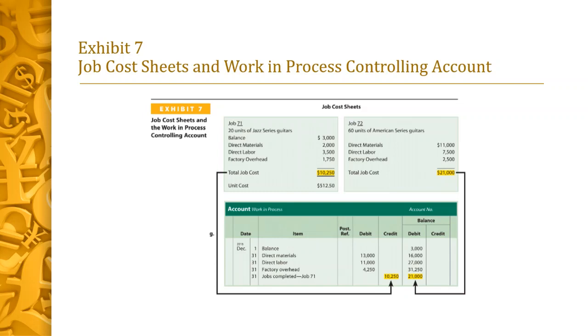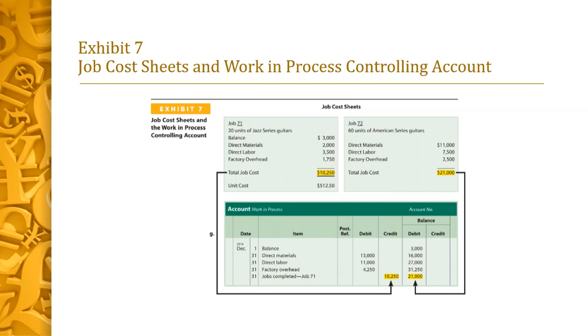The preceding work-in-process debits are supported by the detailed postings to job cost sheets for Job 71 and 72 as shown in Exhibit 7. During December, Job 71 was completed. Upon completion, the product costs, that's the direct materials, direct labor, and the factory overhead, are totaled. This total is divided by the number of units produced to determine the cost per unit. Thus, the 20 Jazz Series guitars produced as Job 71 cost